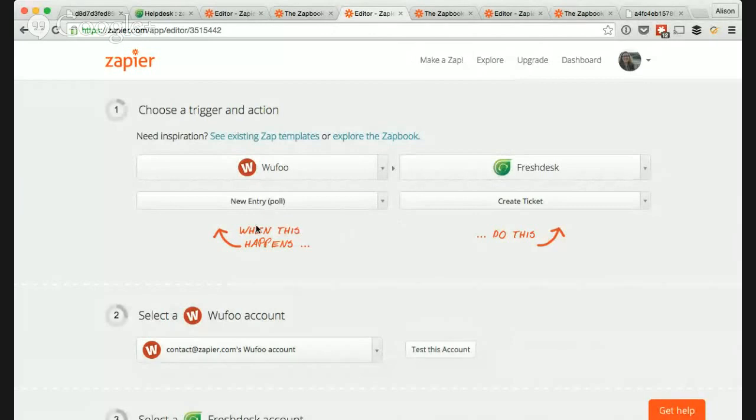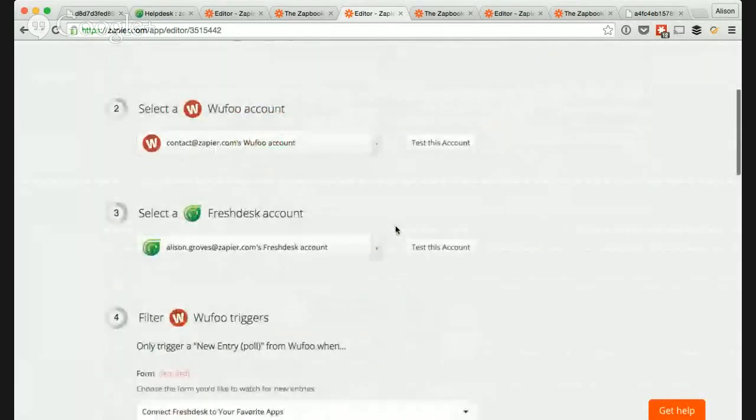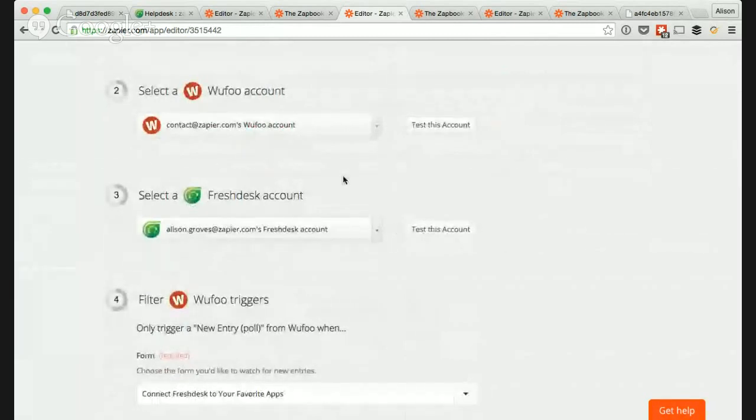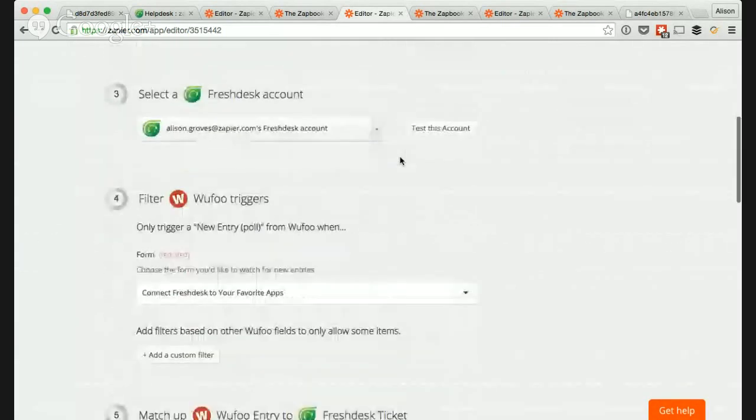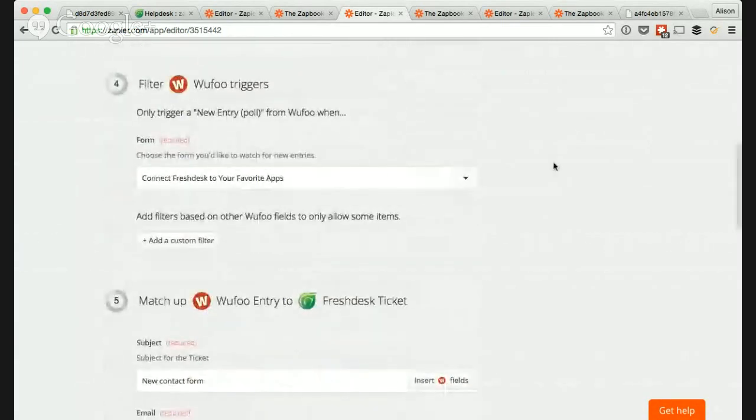So again, we're saying new form entry, we're going to create a ticket. And much like we saw before, we're just connecting our accounts. Very, very short, simple, easy to do. Once it's done once, you don't have to do it again. And then in step 4, we're actually looking at the Wufoo side of things. So this is really, really simple. We're just saying, this is the form that I want to look at. So anytime anyone has a new entry on this particular form that I select,